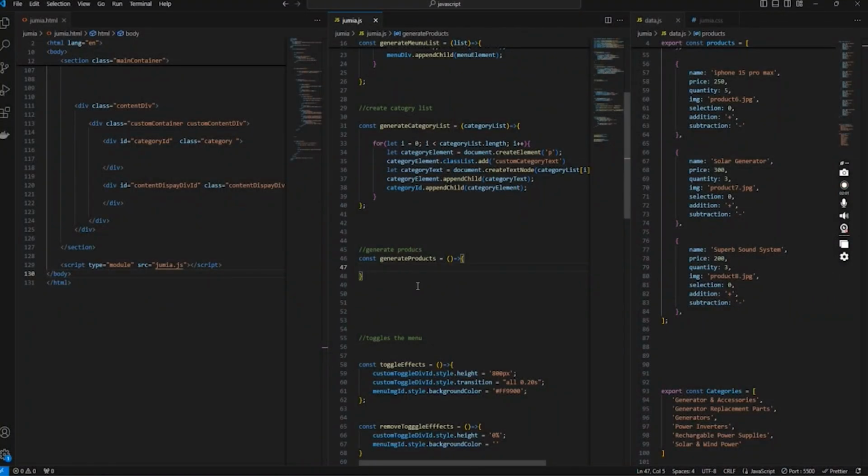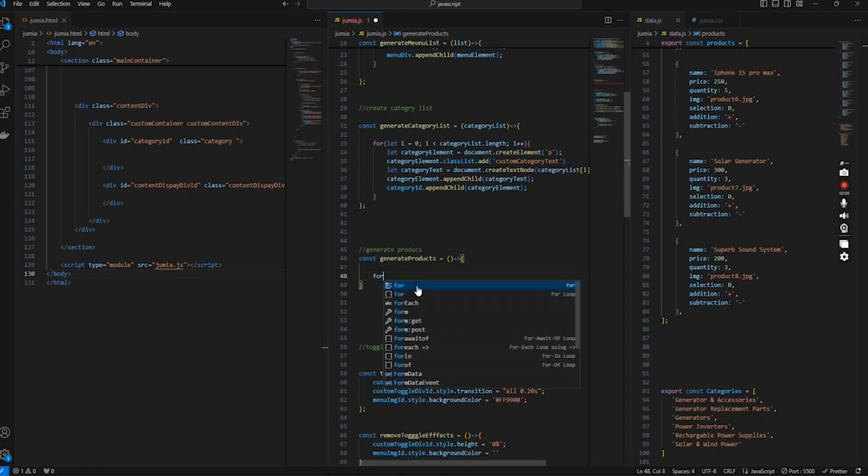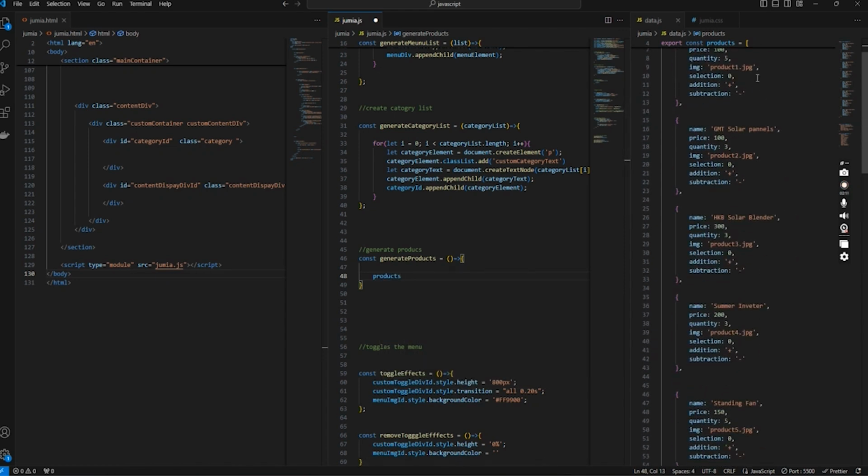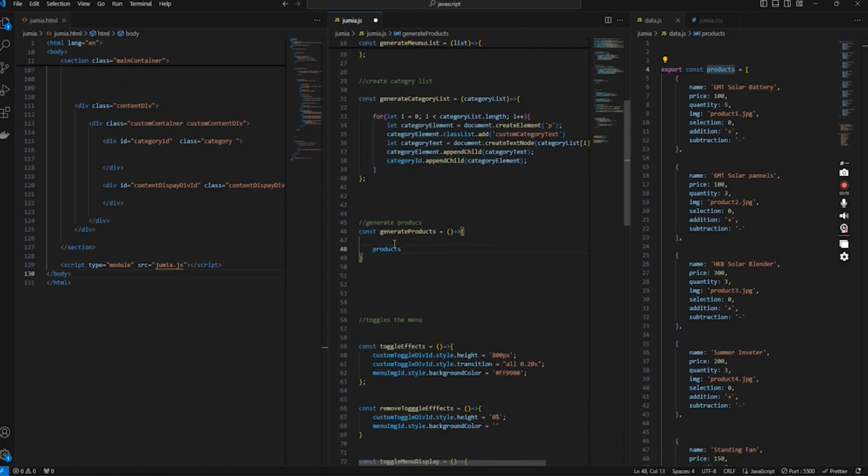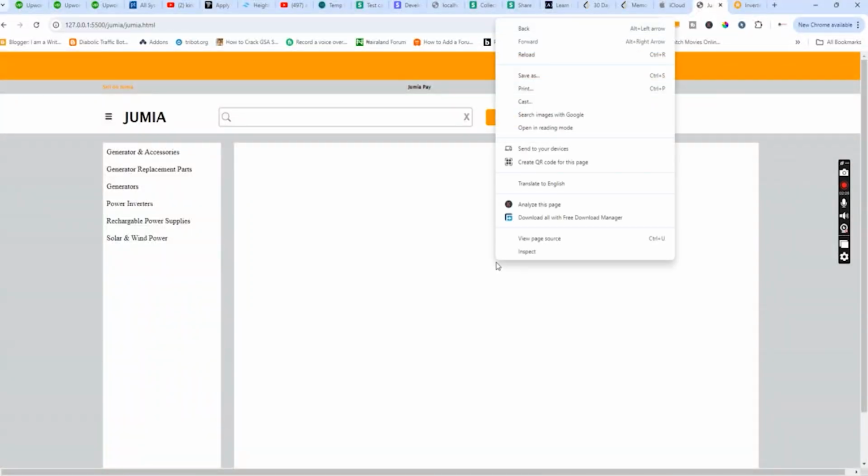What I'm going to do here is create a loop, so let me use an array method. I will say product, this product that I exported here. Remember I exported this product and I imported this product here. This product is simply the array. If you console.log product and check it,